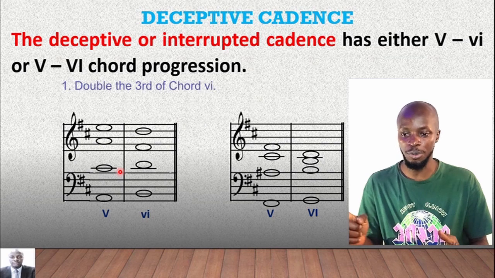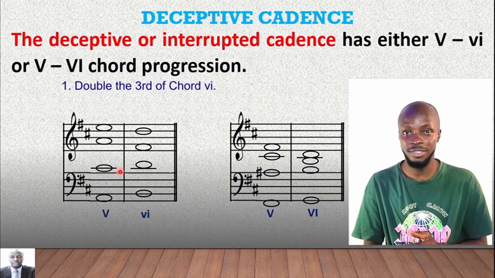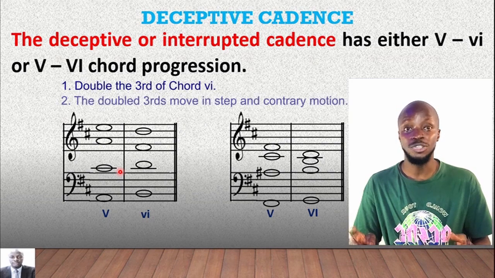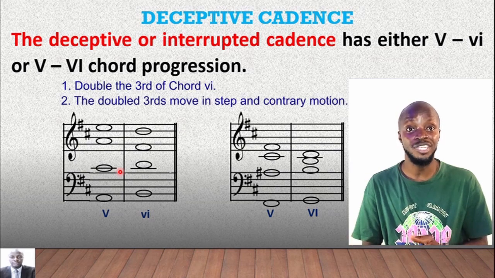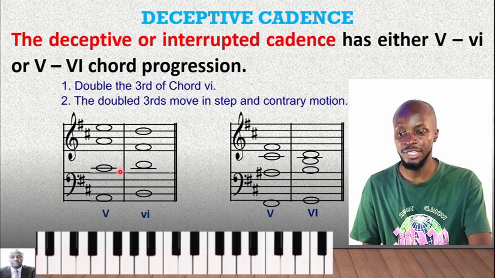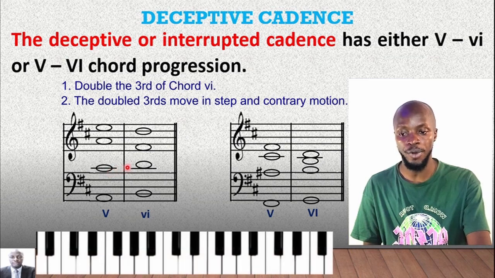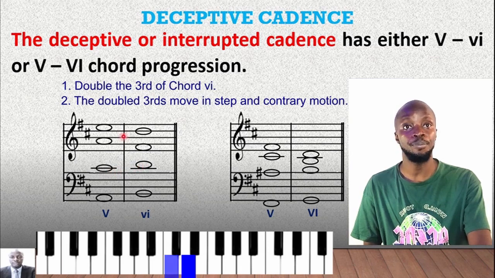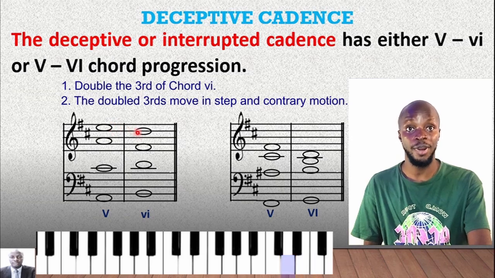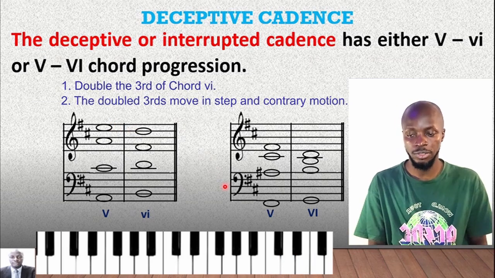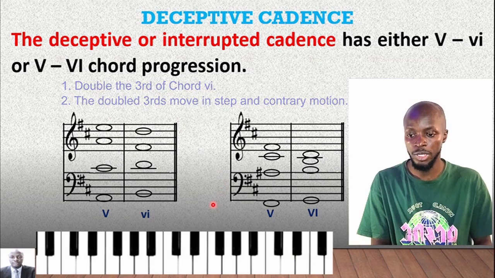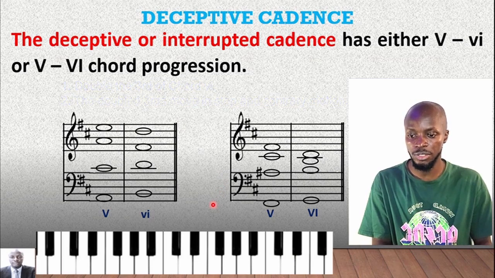Number one, you double the third of the chord, and number two, the doubled notes are approached in contrary motion. In this case, it goes up, right, in the tenor notes, from C to D, and in soprano it goes down from E down to D, right? So let's see how it sounds. So it sounds this way in the major tonality, this way,